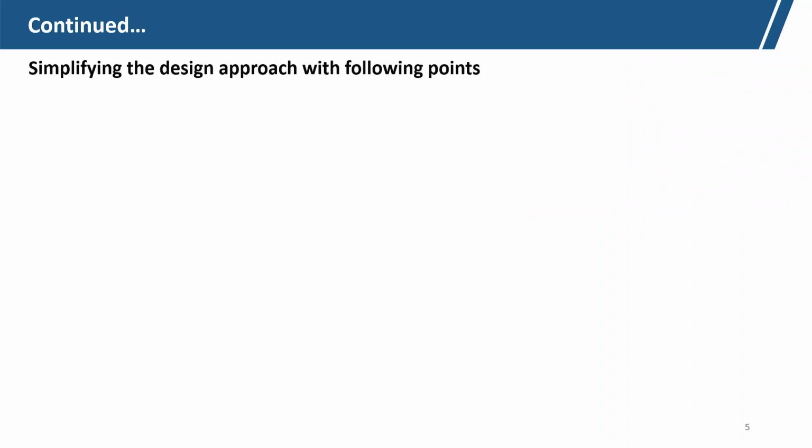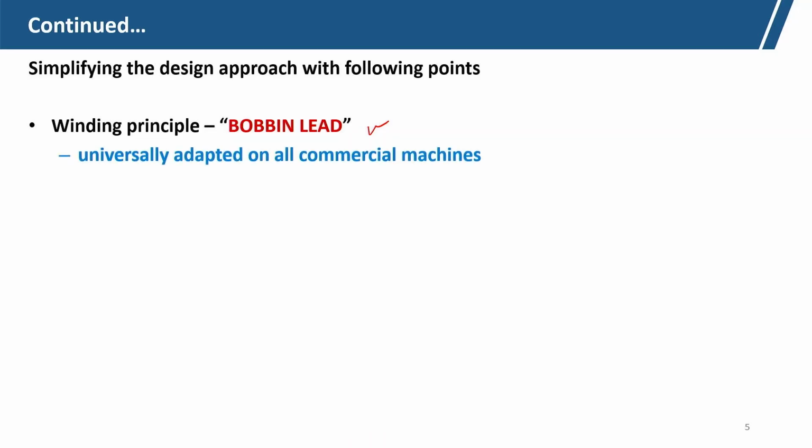Simplifying the design approach. What are the following points? We are assuming that it is a bobbin leading mechanism. The bobbin leading mechanism is universally adopted; all commercial machines at present are based on it. So, we will consider only the bobbin leading mechanism in our